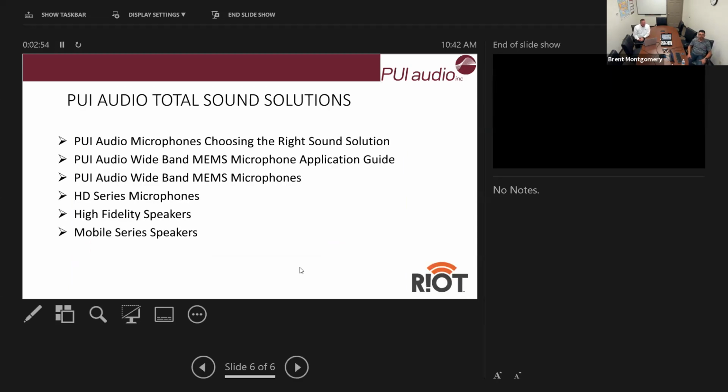Aparna did make reference to our agenda, but just real quickly, the first 4 bullet points there are going to be on microphones, and then we'll segue into our speakers. So again, it's design considerations. We feel that the pandemic obviously has brought to the surface how important two-way communication is and how important human interface is in areas where you're touchless. So again, we wanted to bring this to the forefront. I think the timing is great. And with that, I'm going to turn it over to Mike Vanderbroek to start the technical part of the presentation.